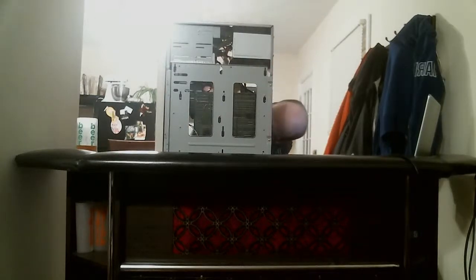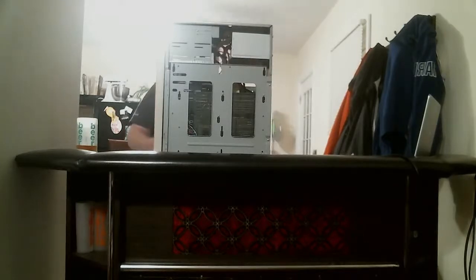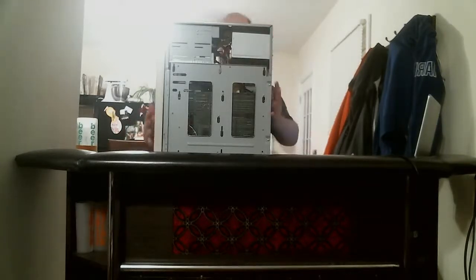All right, so we just got to connect power here to the 3.5 floppy because we're going to need that to install all our stuff and set up our hard drive. So I think we got ourselves drives. Okay, we're going to need video though. And for that,